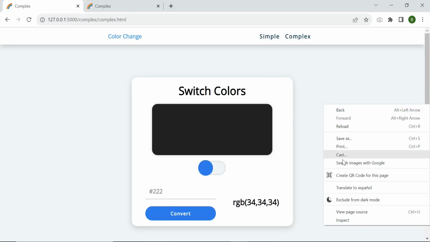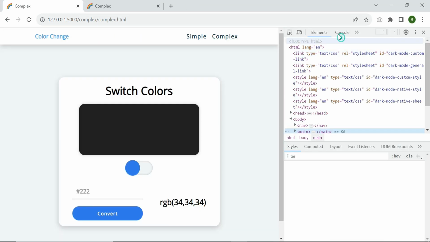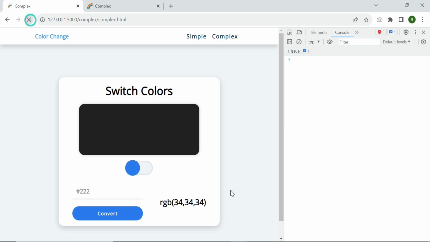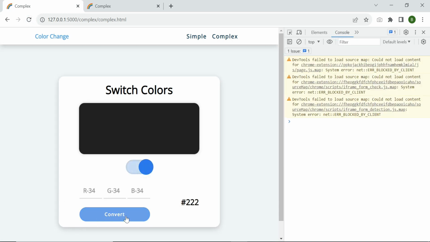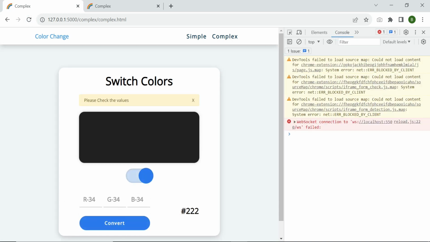So I will expand, inspect, let's go within the console, refresh just in case, and let's go with our RGB. Please check the values. Okay, what if I type any letter? Only numbers allowed, of course. What if I type negative numbers? Please check the values, of course. Now if I am allowed to type regular numbers, no more than 255,